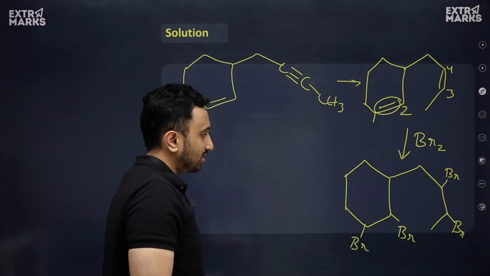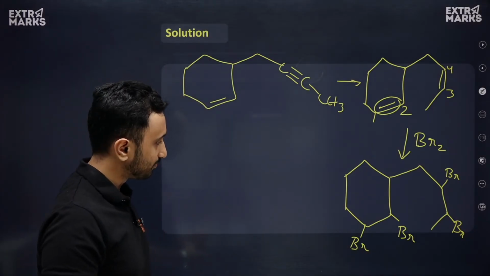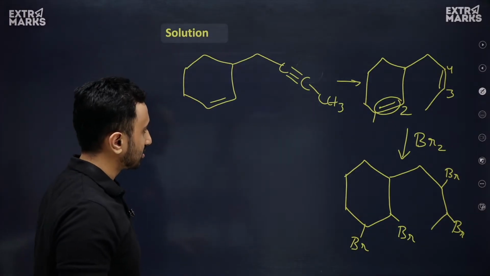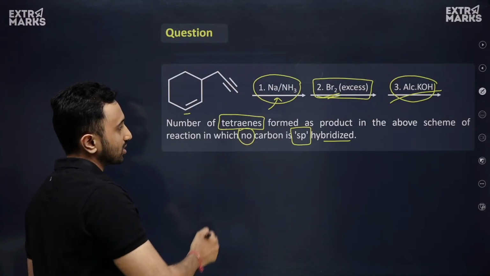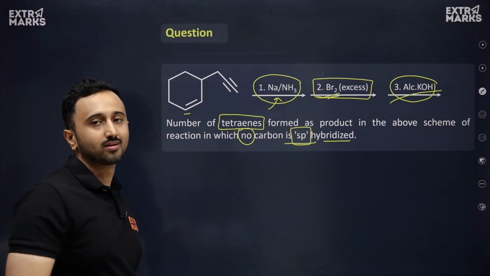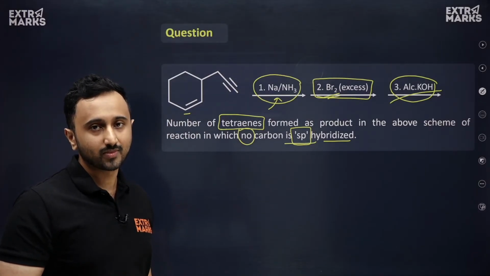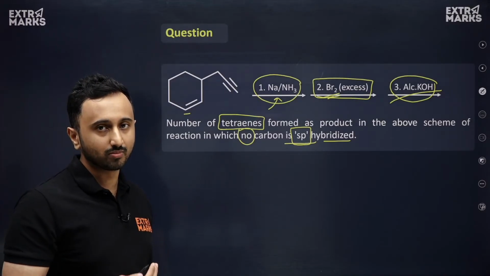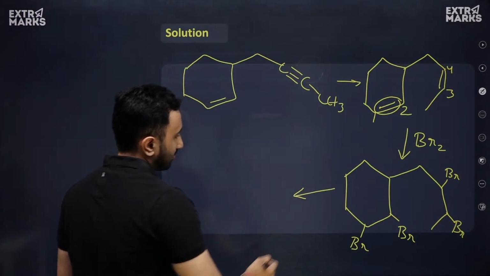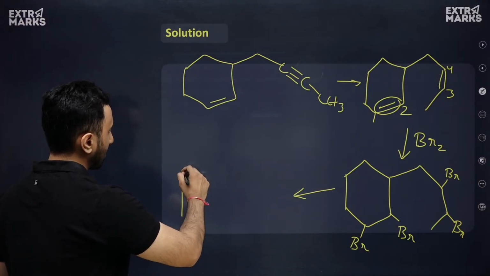So there can be a very high number of possibilities with this compound. You can make alkynes also, but the question says that we need to count only those compounds in which no sp hybridized carbon is present. That means we should make only those compounds in which double bonds are present. Okay, let's see. If you make only those compounds, you will find that only this compound